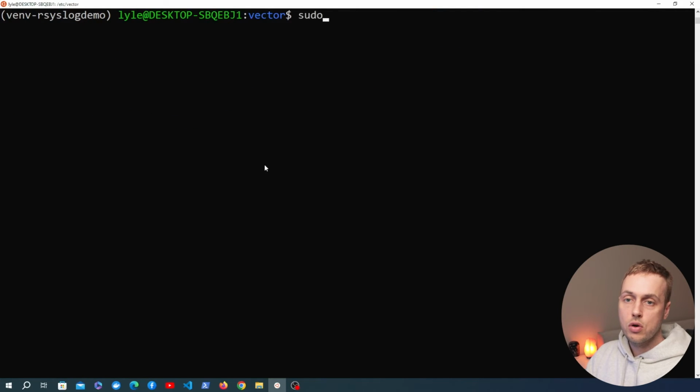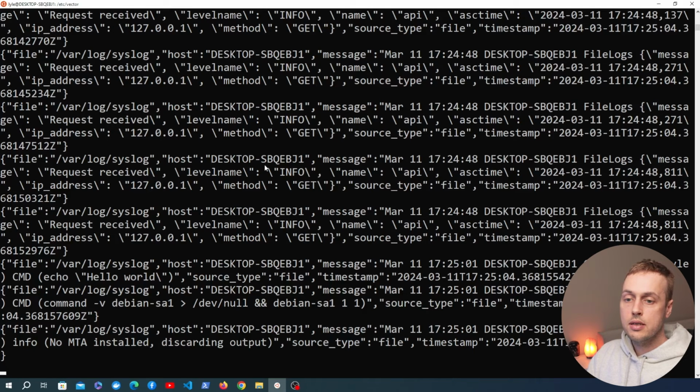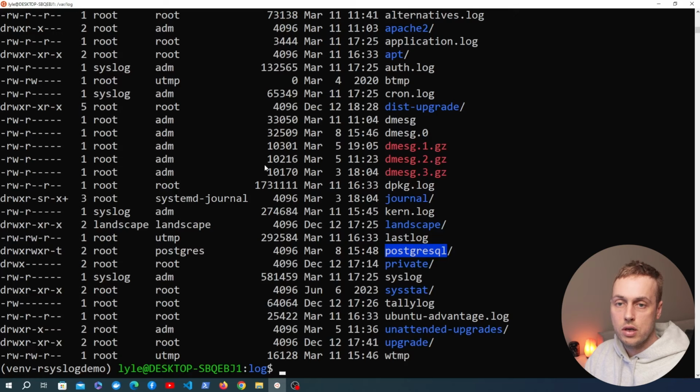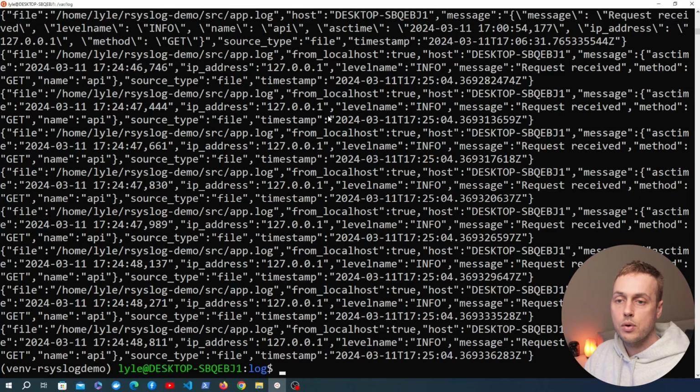So we've generated some logs. We can now run the vector command, and that's going to then output the logs to our application.log file. And remember, that was in the /var/log directory. So let's have a look at that now. And if we tail the application.log file that we have here, we're going to see the output from our vector